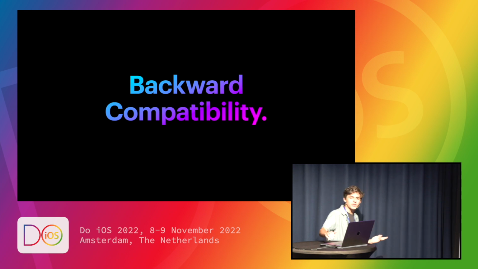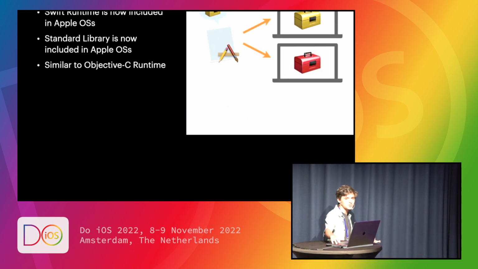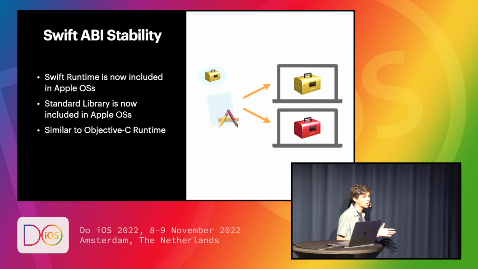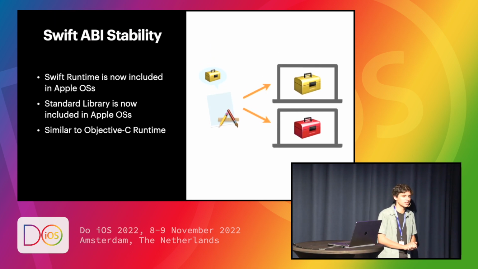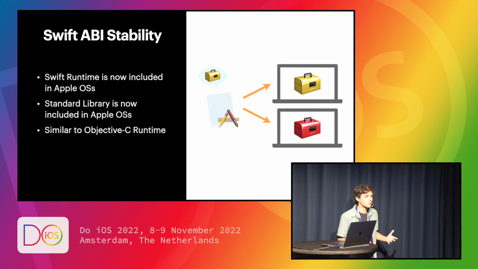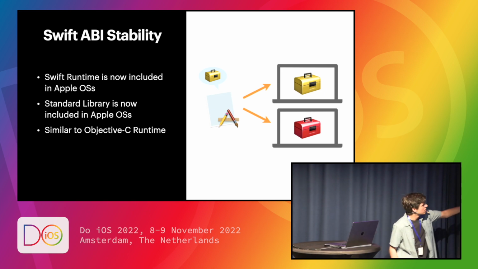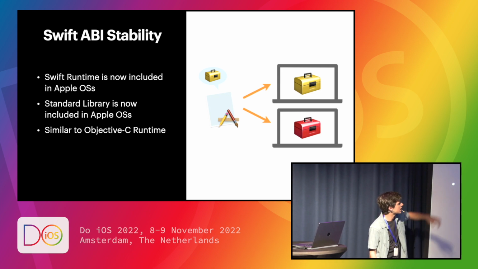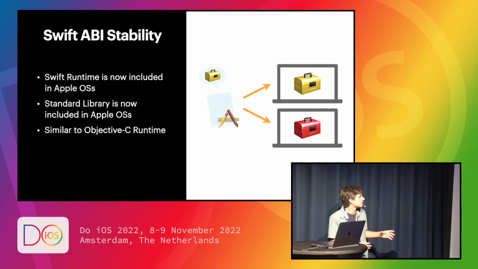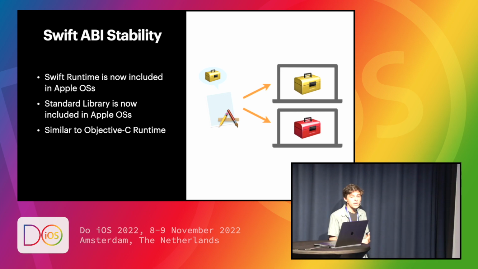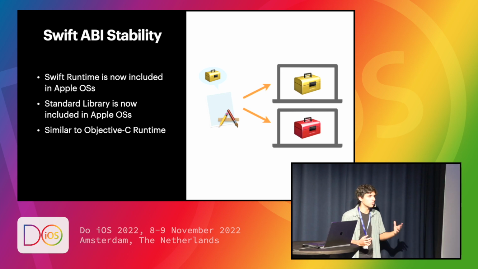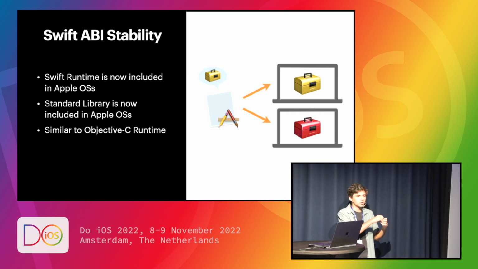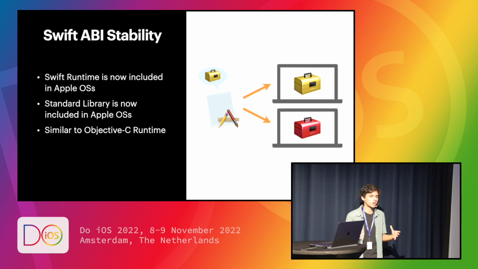Moving on, we have backward compatibility issues across the board that are at least partially solved by the Swift ABI Stability improvement. Now with this, the Swift runtime became included in the Apple OSs on its own. As you can see here, we have our app bundle requesting that golden SDK at the top. Now when a new version, which we can represent here with the red one, comes out and the app is looking for the older version, the app knows to look for that. The app knows that the newer version will work, and any newer runtimes can handle older apps.